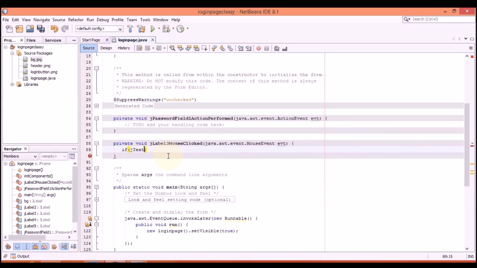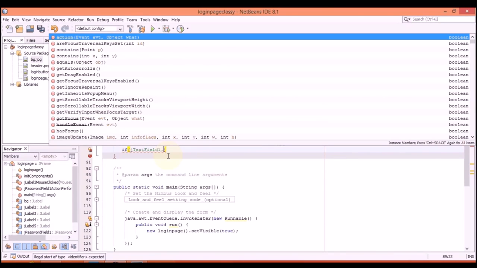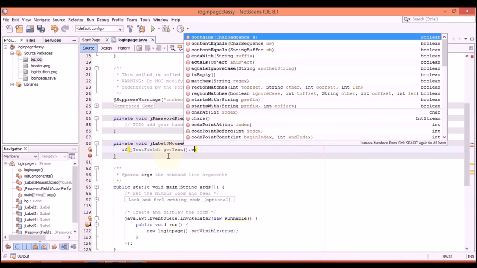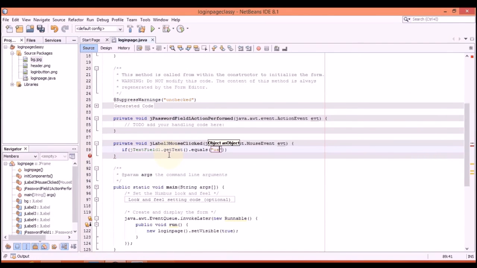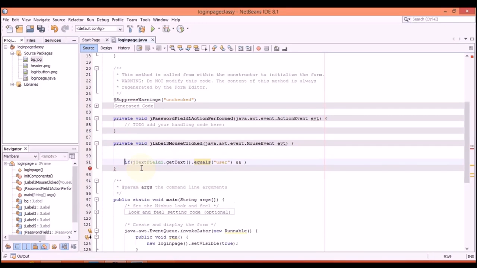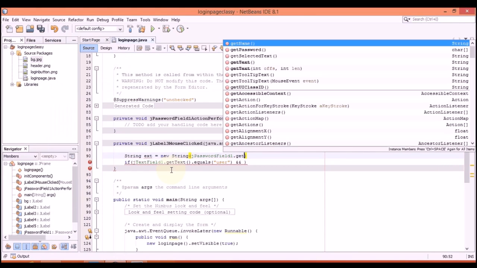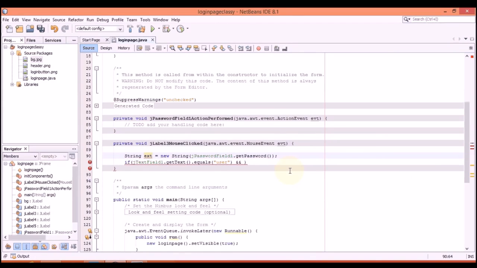If the text field 1, that is your text field, dot getText dot equals, if it is equal to user. For the password we cannot write it as we did for the text field. We would have to get the password in a string variable, String ext equals new String, and we have to pass the password we are extracting from that password field here, jPasswordField1.getPassword. Now ext contains the password. I have to do this because the password is not a string. The username was a string, but the password is a char array, and I have to convert it into a string